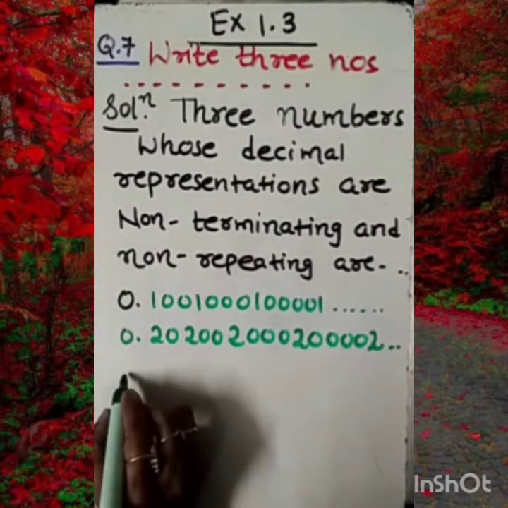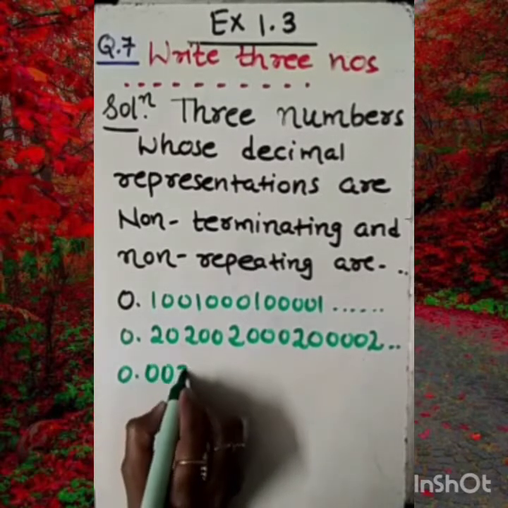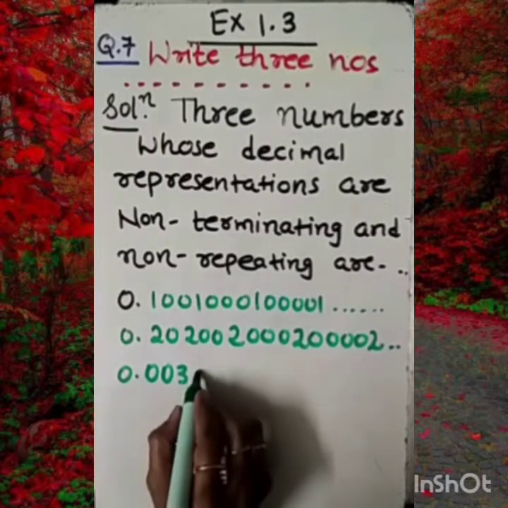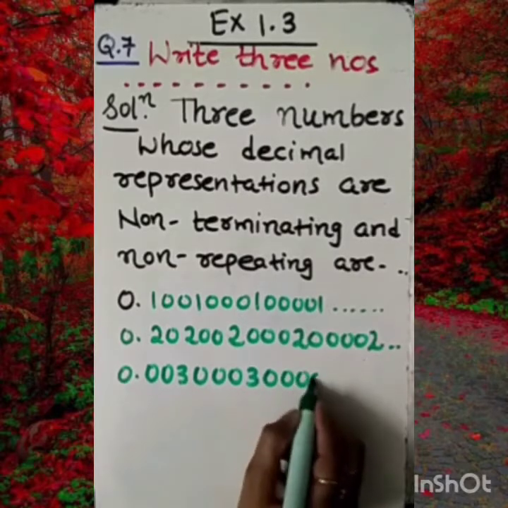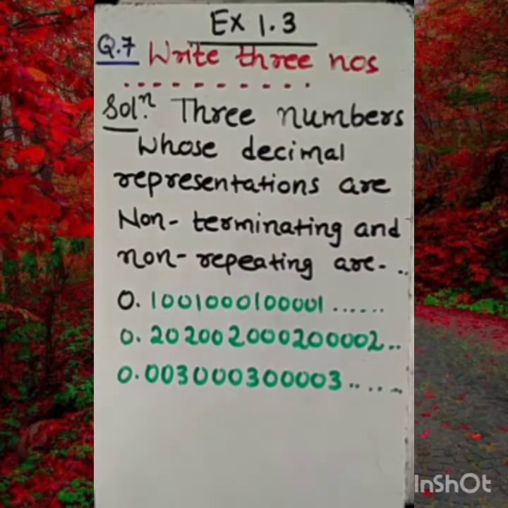One more I am choosing, 0 point in the same way. Suppose I have 003. So another number will become as it is 20 here. So I am choosing 30, then 40, then 4. This is the complete solution.